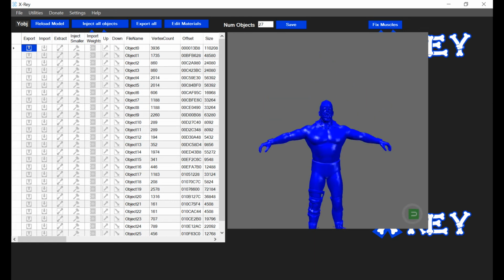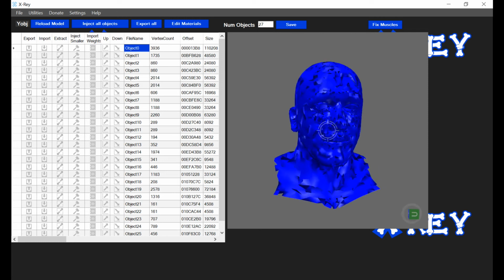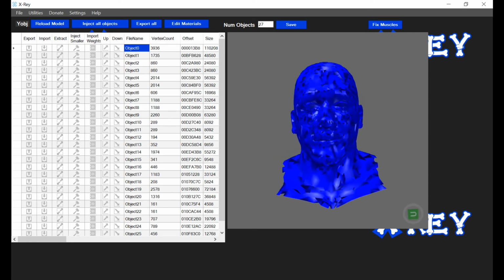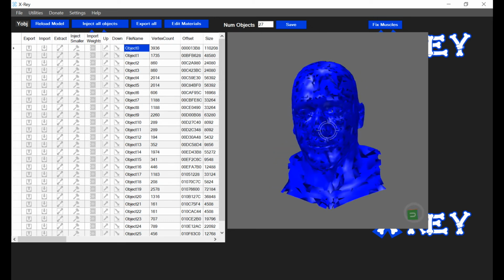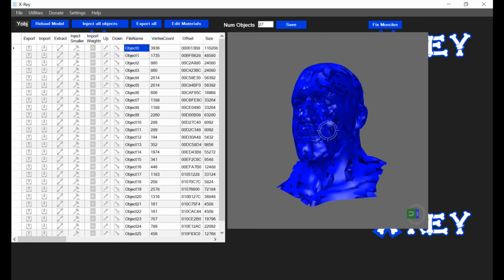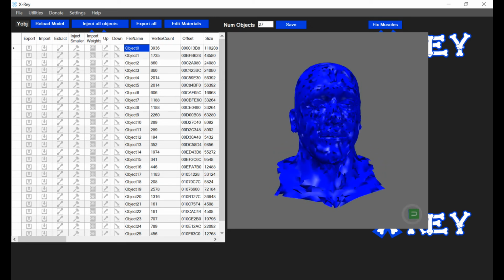You'll notice right away that the face for Hogan looks completely corrupted. That's because the number of faces, or the number of triangles, for this object differs in Stone Cold from Hogan. So unfortunately, there's no quick way to do this, and you need to use trial and error